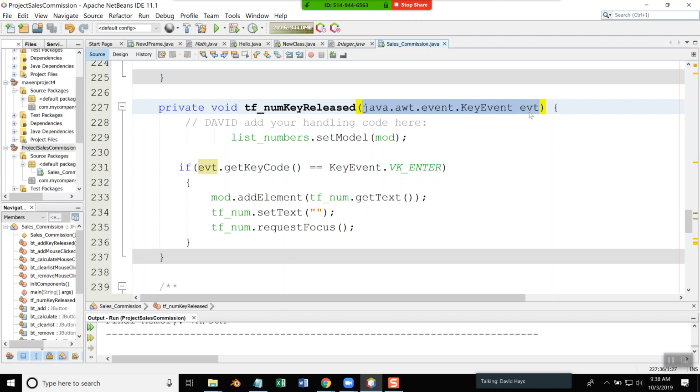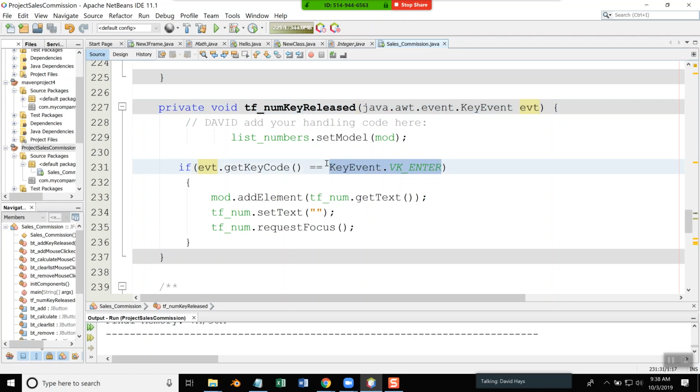And the EVT can be whatever you want to call it. You can think of it as a variable, but not exactly. But that's our designation for that. And dot get key code actually gets whatever key code was pressed. And this key event dot VK enter,